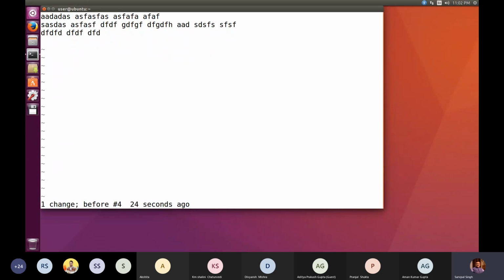At any point of time, if you wish to save whatever contents you have typed so far, you simply press escape. When I press escape, it will again move to command mode, and then I press colon. So see the difference. When I press escape and colon, that means I have come to last line mode. ठीक है, and here I can press W. ठीक है, when you press enter, the content whatever you have typed so far is saved.